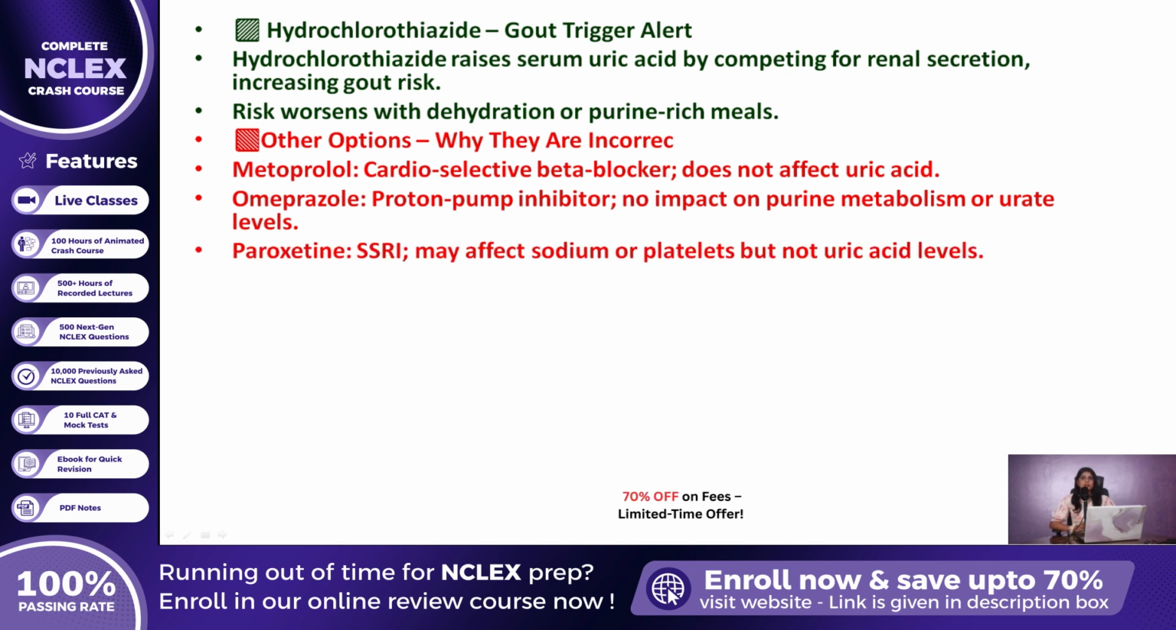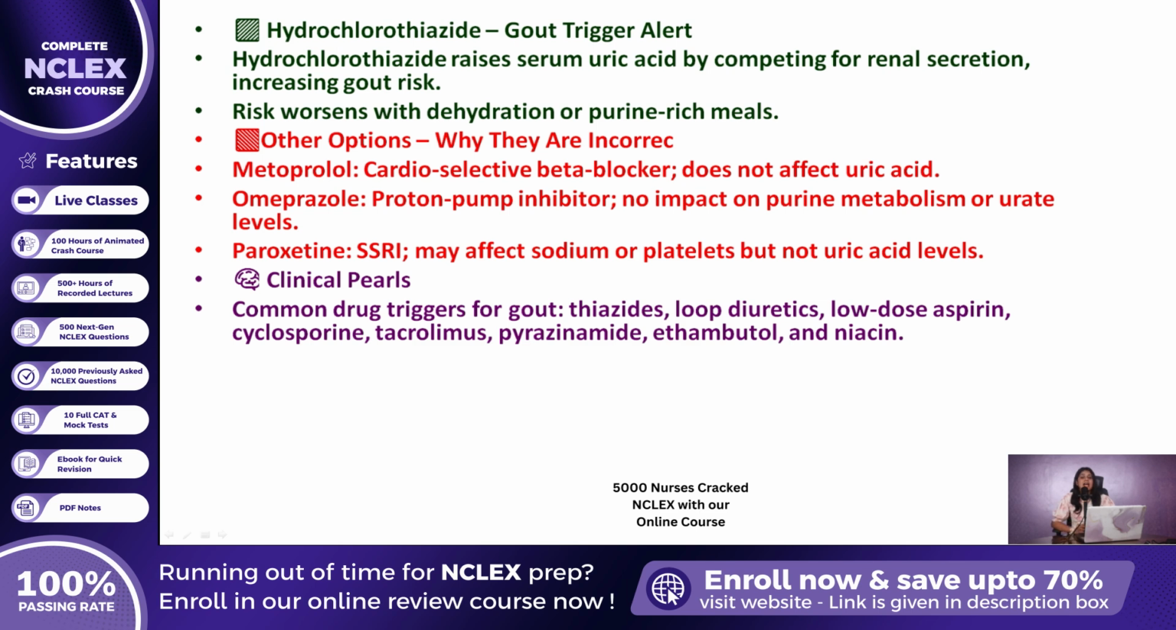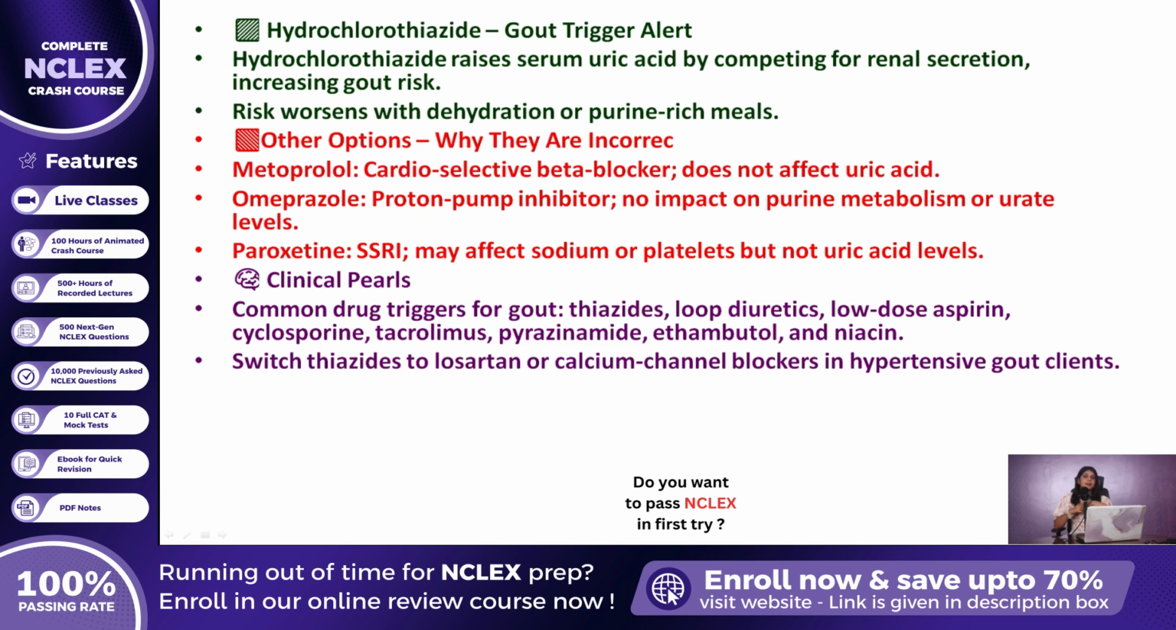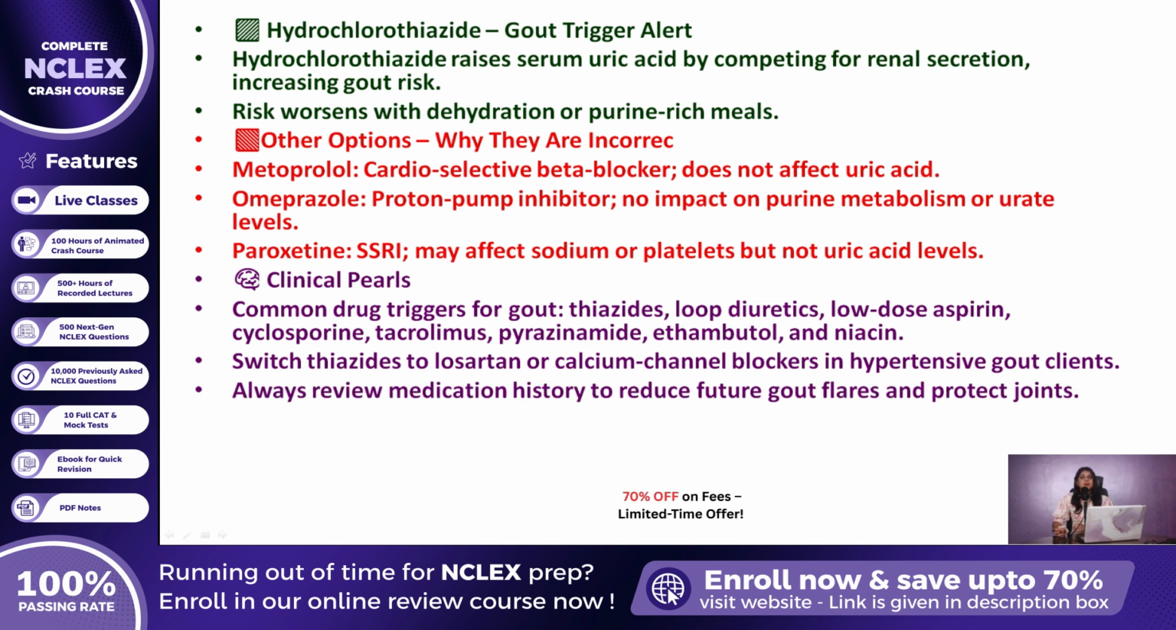Although this selective serotonin reuptake inhibitor can influence platelet activity or sodium balance, it does not elevate uric acid levels or provoke gout flares. Remember these clinical pearls as you move on. Thiazide and loop diuretics, low-dose aspirin, cyclosporin, tacrolimus, pyrazinamide, ethambutol, and niacin are classic medication triggers for gout. For hypertensive clients who suffer recurrent attacks, replacing hydrochlorothiazide with losartan or a calcium channel blocker offers a neutral or mildly uricosuric alternative. And a thorough medication history is vital because eliminating an avoidable drug can dramatically cut future flares